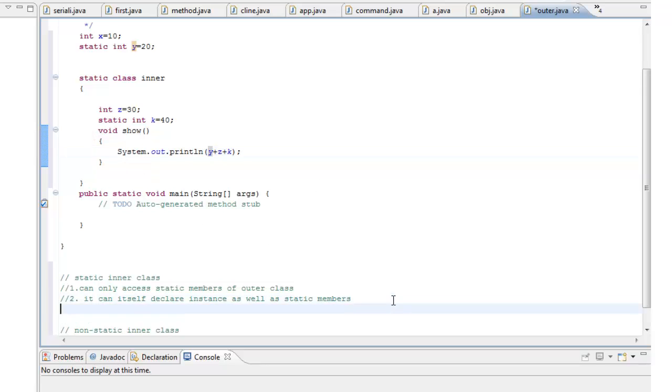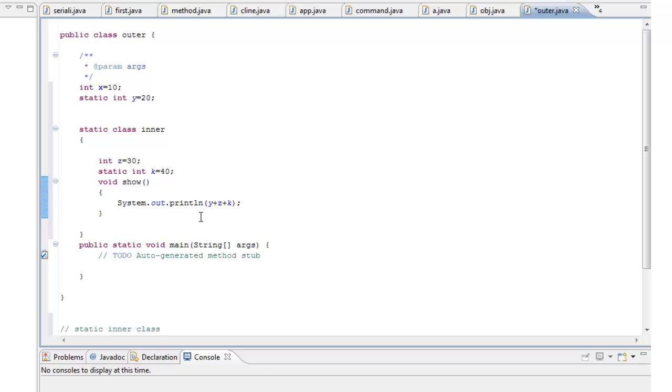Now rule number 3 is how do we create an object of an inner class. For that, let us first understand that the inner class, being inside class outer, cannot be directly referred to by the name inner. It will always be referred to in reference to the name of the outer class. So we'll have to write its name as outer.inner. So I'll say outer.inner, any object name is equal to new outer.inner, and I can call method show